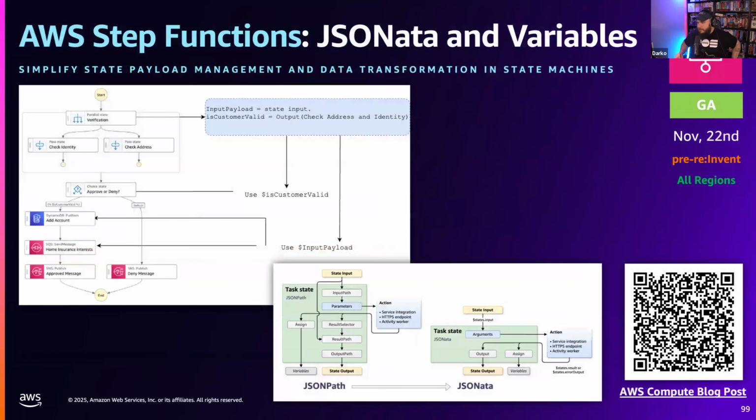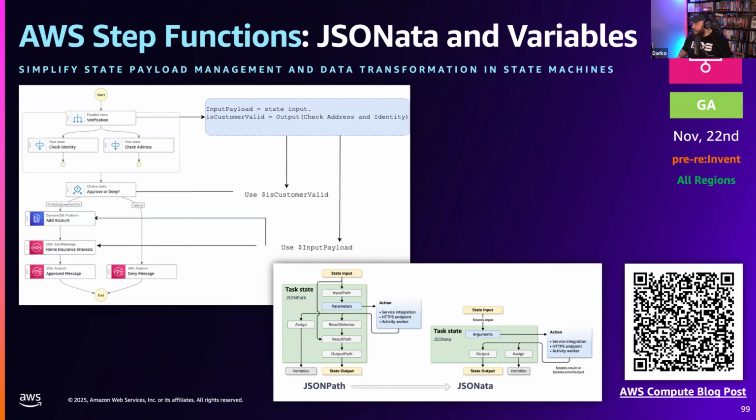Okay, so this is something that I didn't know. JSONata is a thing. I was like, somebody wrote JSON wrong, so there's a typo. JSONata is apparently a thing. JSONata is a lightweight query and transformation language for JSON. I didn't know that was a thing. So now basically Step Functions supports JSONata